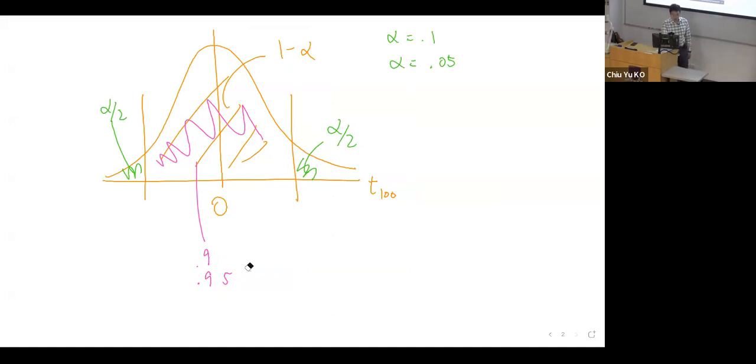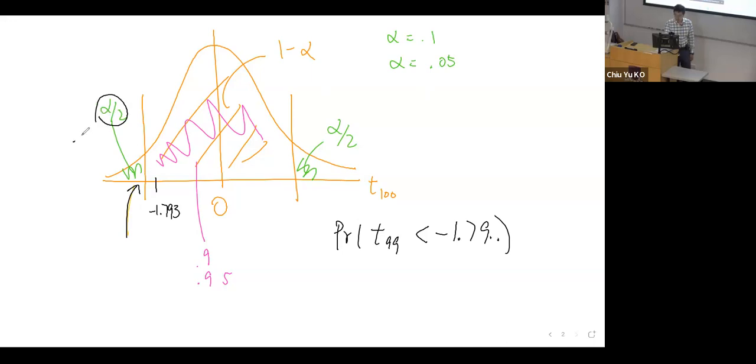So remember the question asks you what? Let's go back to the question. Probability that T99 is less than negative 1.79 something, if I remember correctly. So somewhere here. And we know if this is 0.05, that means that this guy is 0.025, and this is negative 1.9,